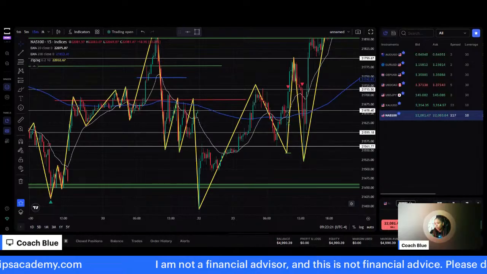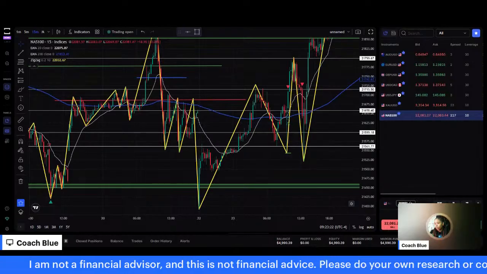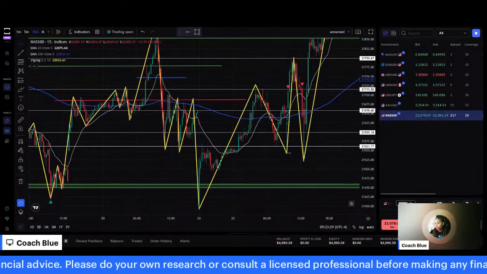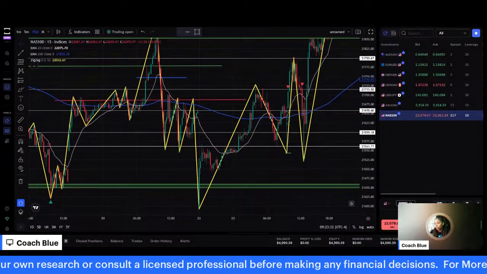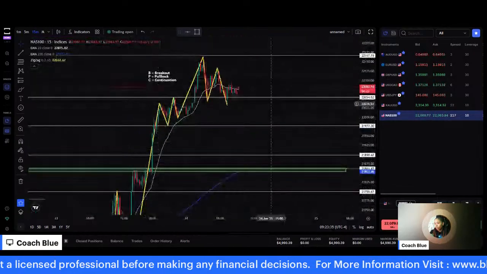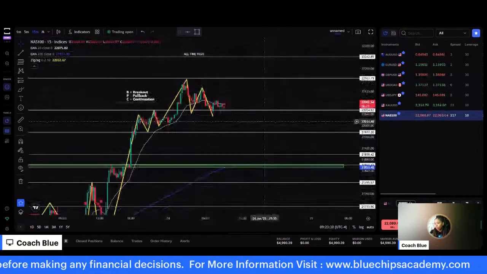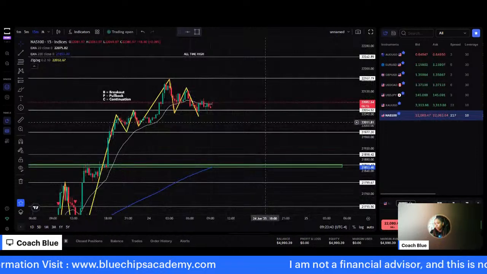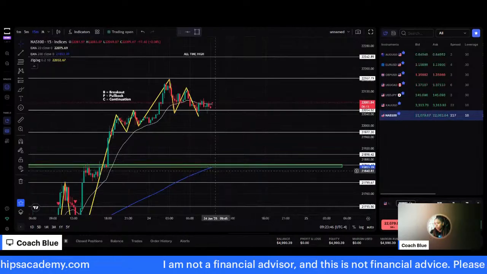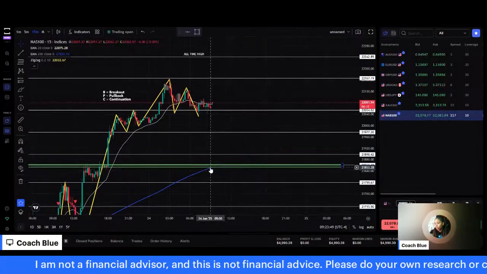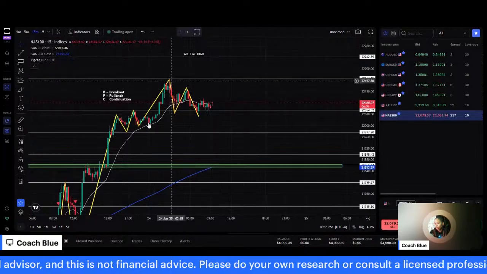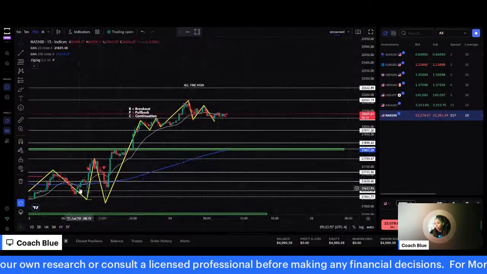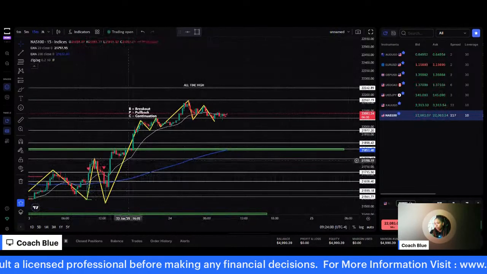All right, so let's go back to my chart. Let's go to where we are right now. Okay, so what I'm looking for are a couple of things. We already know our directional bias is a buy. But now it's a little tricky because we're further away from the 200, which tells me that this move to the upside could start to become exhausted, right? So we can see here when price was close to the 200, we had a nice push to the upside.